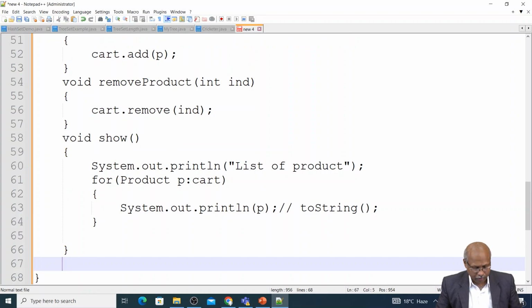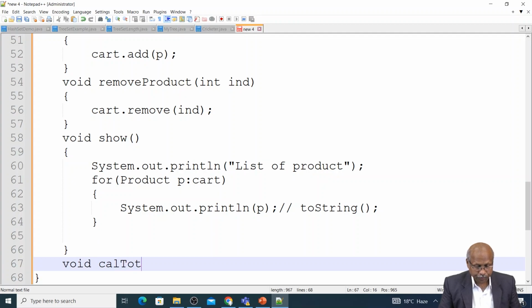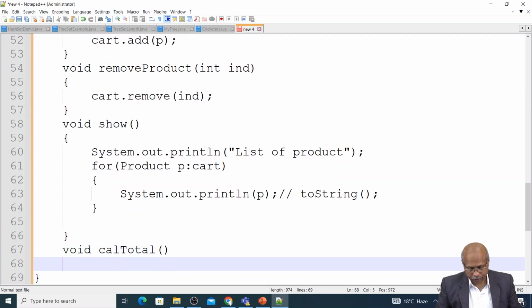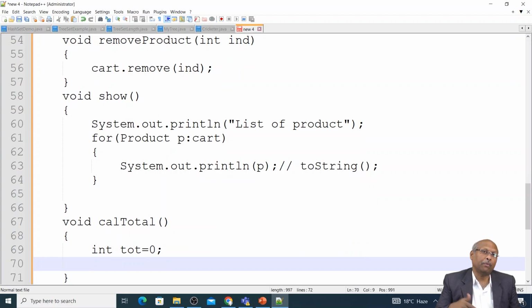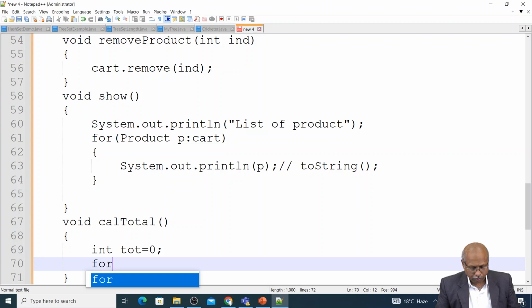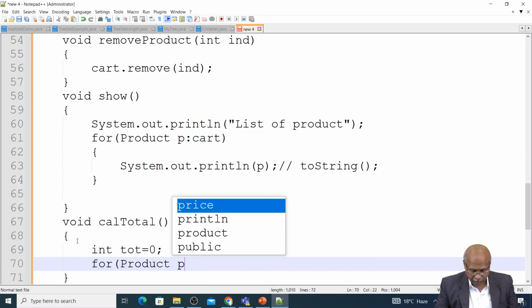Similarly, I want to calculate the total. Calculate total cost. How much is the cost of my cart? Because whatever items I have added, for those items I want to calculate the total. Here I want to have total cost. Initially total is 0 because I want to add one by one, and finally get the total cost of the items. For the product p from the cart,